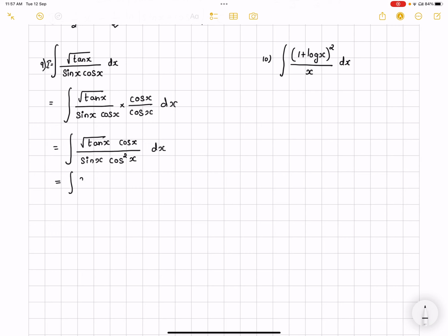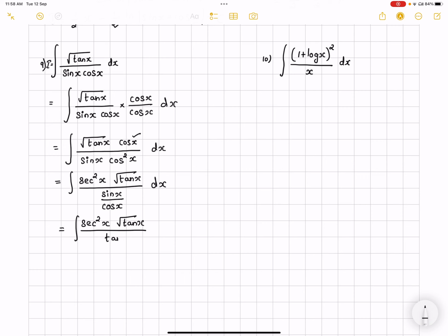This cos square, I'm going to write it as secant square x root tan x. And then the denominator where I have the sin x, the cos which is there in the numerator here comes to the denominator's denominator. What I always say is that denominator's denominator becomes the numerator. So I'm going to bring it in this way, cos x dx. Now if you observe the entire problem, I'm changing it as secant square x into tan x divided by